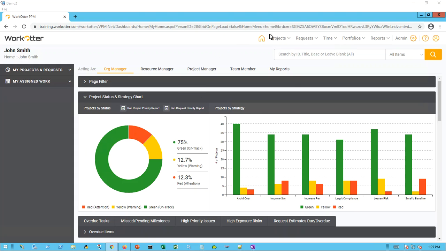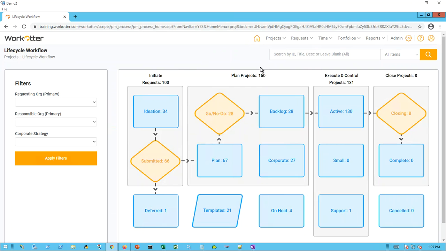WorkOtter really seeks to be the central repository for projects as they flow from ideas all the way into planning and throughout the life cycle. So it just so happens that some of those projects could and very well might be agilely focused and might be syncing with JIRA. So we want things to start in WorkOtter, and then when they reach a certain phase,